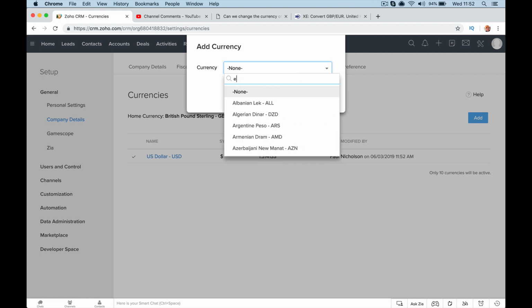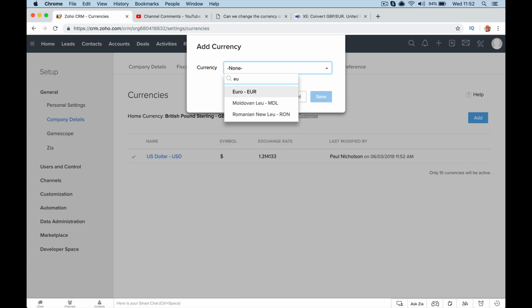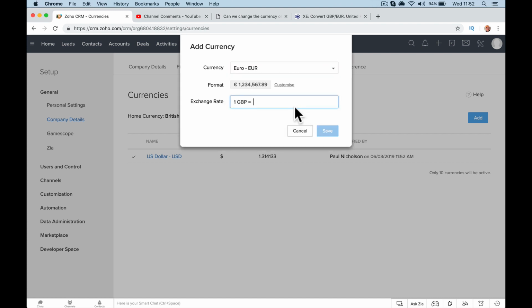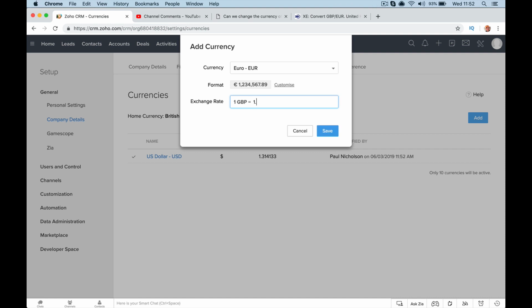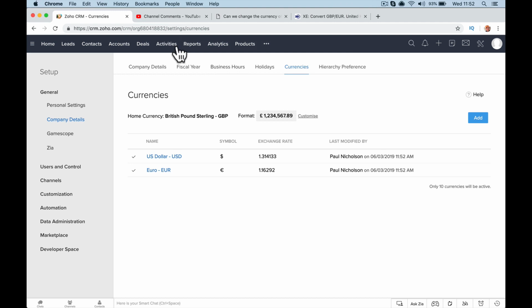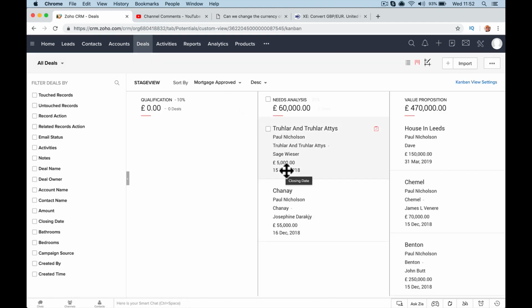What's it going to be? Euro. Why didn't I show what I typed then? I can't remember what I said. 1.16292. Right, so now when I go to deals in the enterprise level,